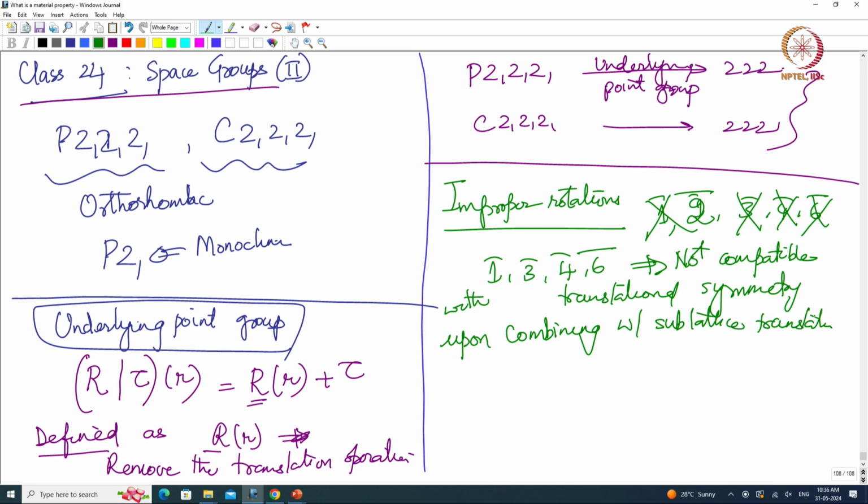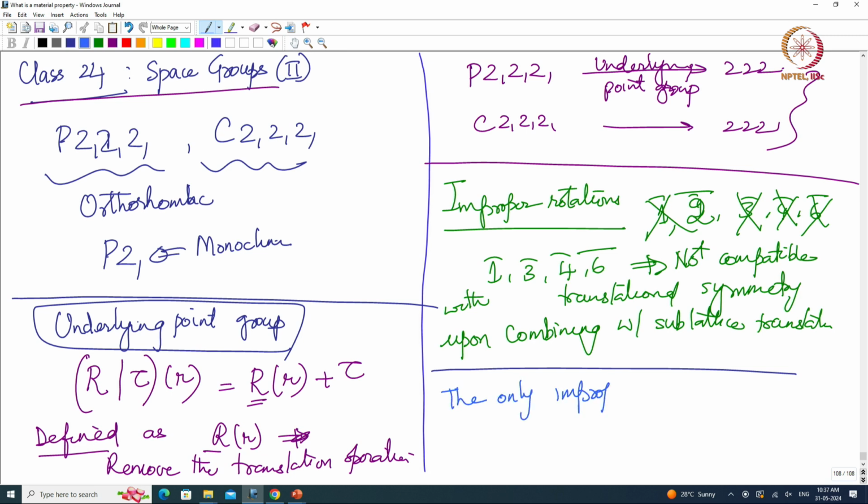Okay. So it will not form a group, or it is not compatible with translational symmetry. So let us not worry about it, right. Let us not even go into the details of it, because it will take you to a different territory altogether. Whereas what we can take as granted in this course is